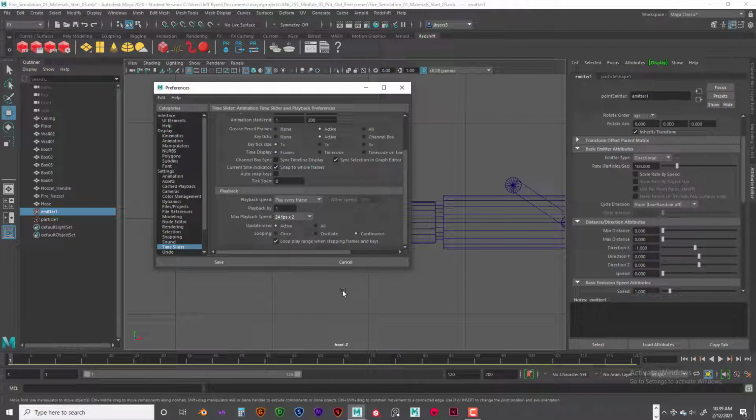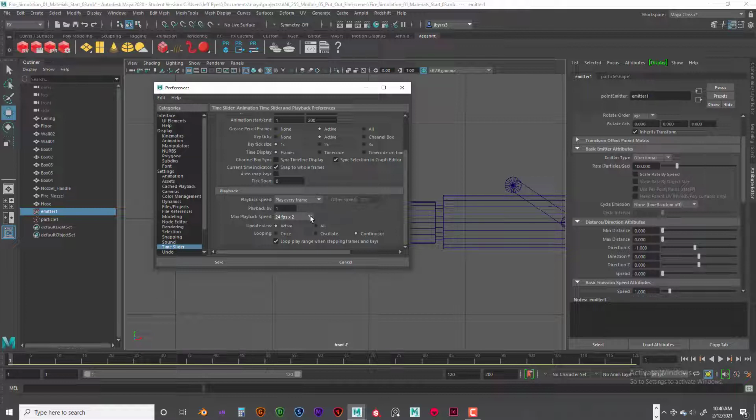That when you do play blast, it will not play it twice as fast. Okay? It'll play it at this rate. 24 frames per second, exactly. So keep that in mind. So you will have to have Premiere Pro to speed it up double, and I'll show you how to do that. But right now you need to understand that if you do 24 frames times 2, so the dynamic simulation looks good and that's not so slow,